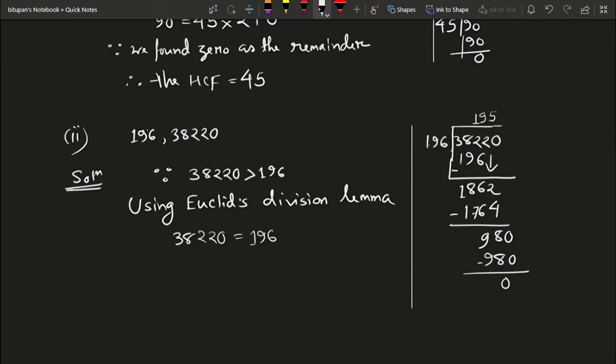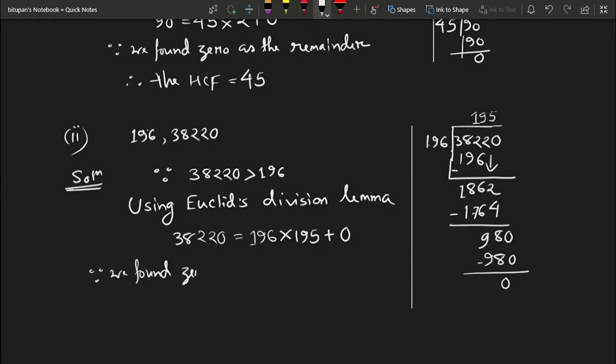Unlike last time, we had to keep going because we couldn't find 0 at the first step, but here we directly got it. So 196 into 195 plus 0 is the remainder. Understood? 196 was the divisor here, and we divided 38220, which was the dividend. We divided 195 times, and our remainder is 0, so we write that since we found 0 as the remainder,